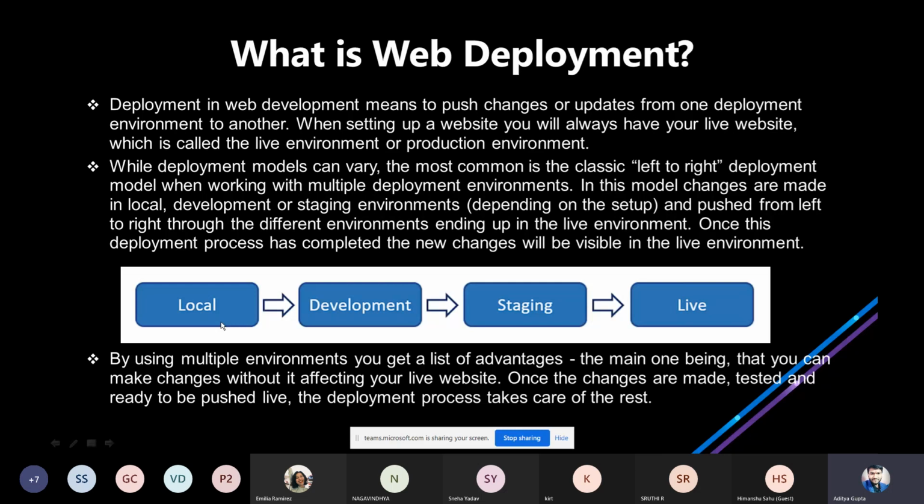Local phase is a phase in which you are having your website on your computer, not on the internet. It means if anyone outside of your home, or anyone outside of your country, wants to see your website, they can't, because it's just local. Only you can see your website, and no one else. So what's the benefit of having the website locally?